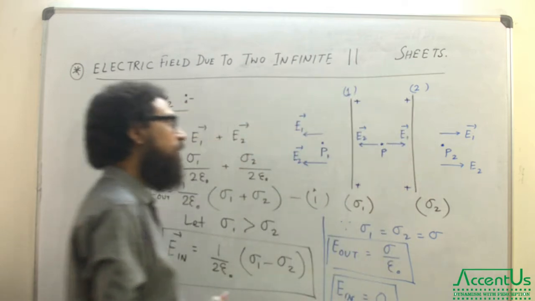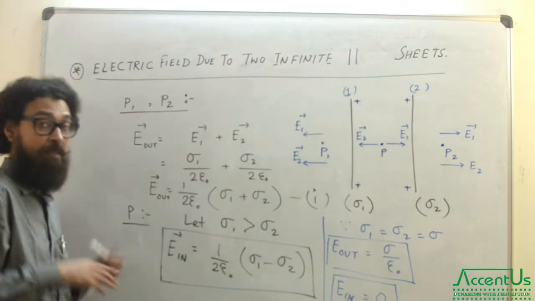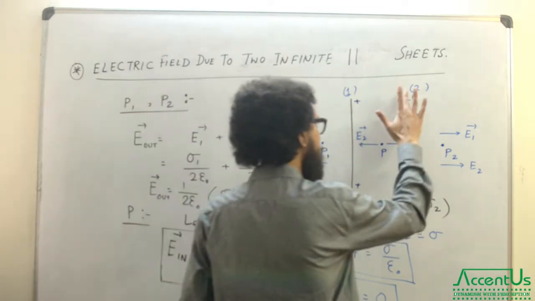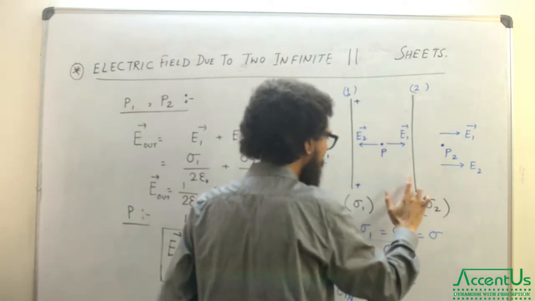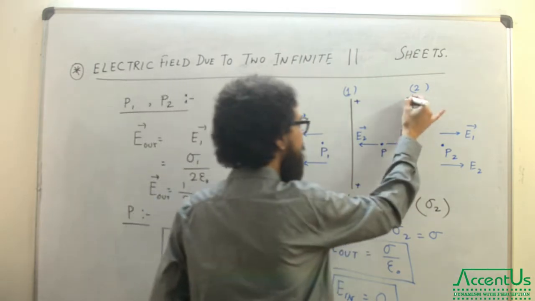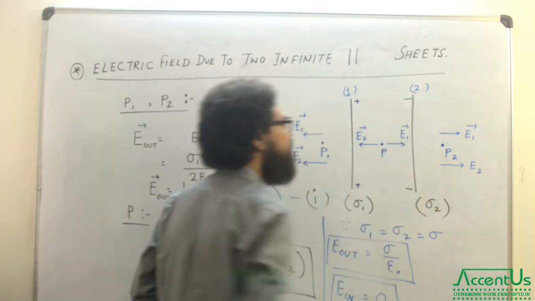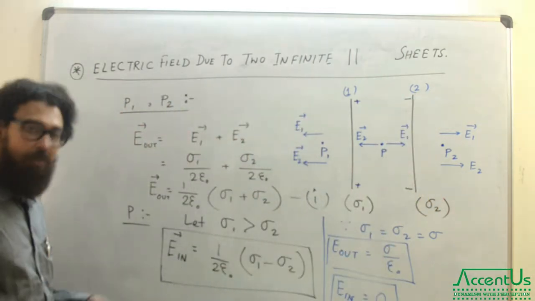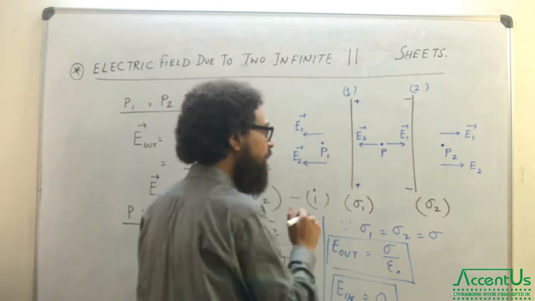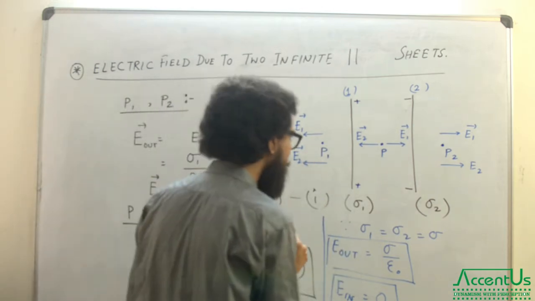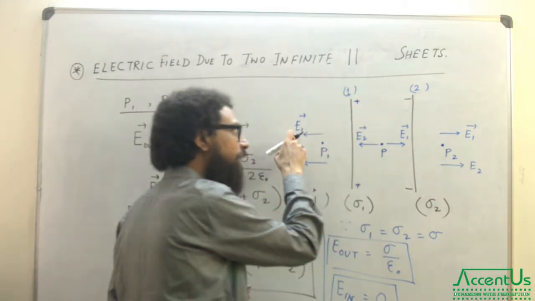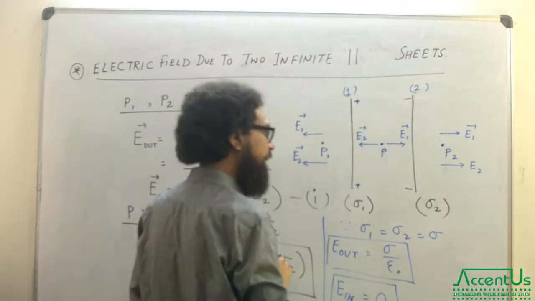And now there is another case. Suppose that one plate has a positive charge and the other has a negative charge. I am very sorry that you have to draw it again, but for me I can just change it. But you have to draw. Please redraw. So if it is the case, now tell me the directions. What will be the case? This is the positive charge, so the E1 direction is correct. Great.